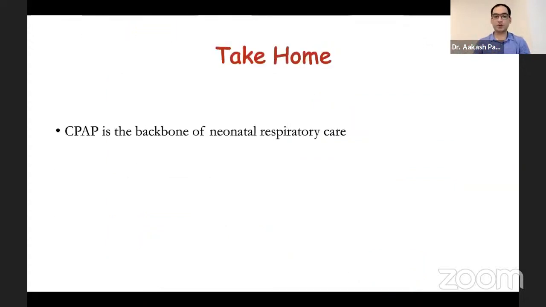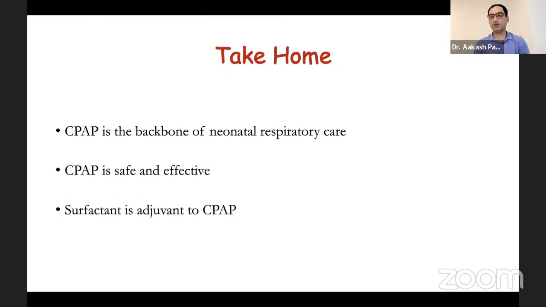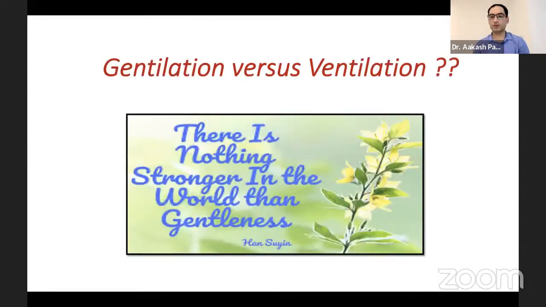So the take-home message for today's lecture is that CPAP is effective and safe. It remains the backbone of respiratory support for neonates. It is not only effective, but it's also safe. Remember that CPAP and surfactant go hand in hand, and both should be used together in babies with RDS. In the first 2 hours of life, that is early rescue, surfactant is most effective. Complications are there, but if you are meticulous and good in monitoring, it's a rare event in today's modern NICUs. So remember to focus on ventilation rather than ventilators. Gentleness is a virtue which is stronger than majority of